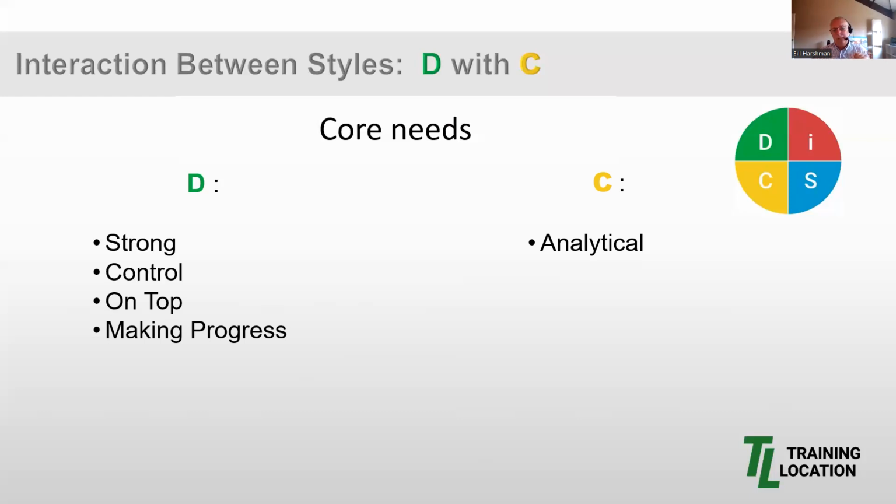And third, they have a strong need for control. Social interactions, for example, are tough because they're so unpredictable. So the C might pull inward and control what they say.